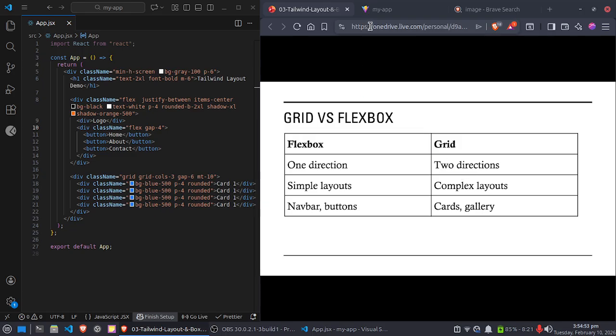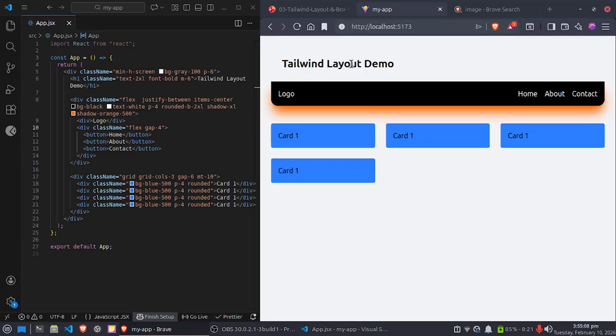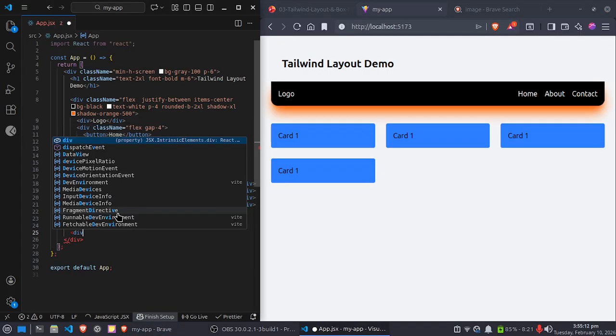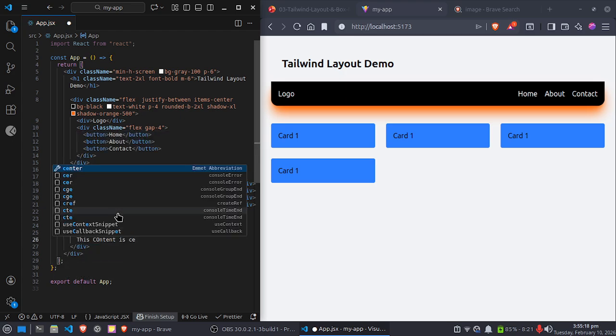So next one is the container in Tailwind. Container is used to center the content and control the width. It is mostly used in website layouts, landing pages, blog designs. So let me show you an example. I have a div, and inside this the content is centered,